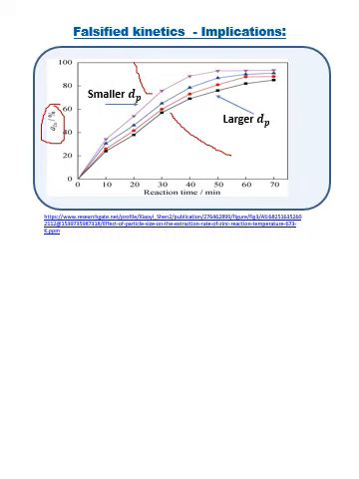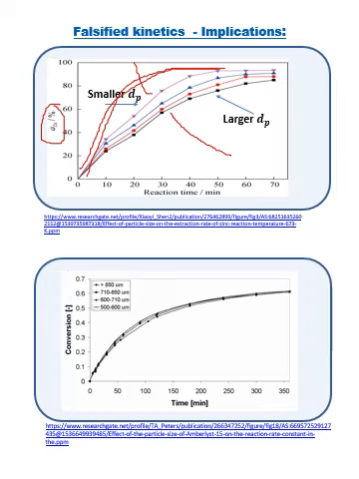So he must prove that he now has a further run with an even smaller diameter and another smaller diameter, so that the rate doesn't change anymore with particle diameter, to prove that the rate that he's measuring is actually the intrinsic reaction rate. So this researcher also has different particle diameters. You can go and do more reading up on their work if you click the links to ResearchGate where they publish this data. This researcher showed that even if he varied the particle diameter, he still measured the same rate. So he's proven that his eta value is equal to 1.